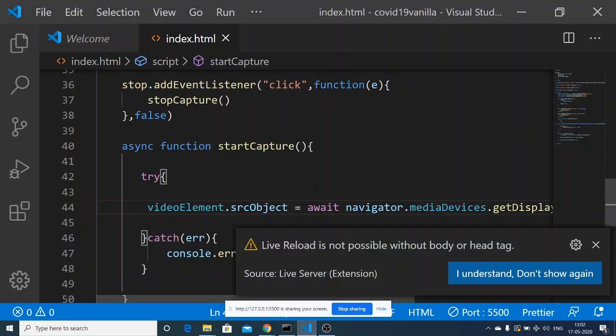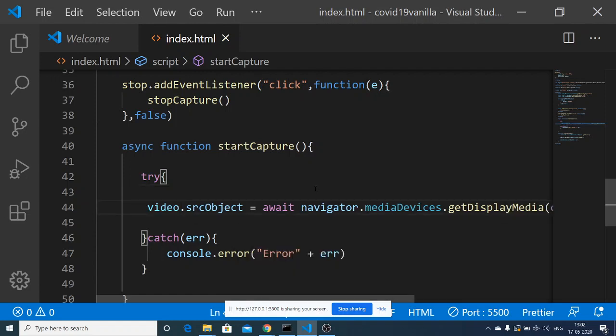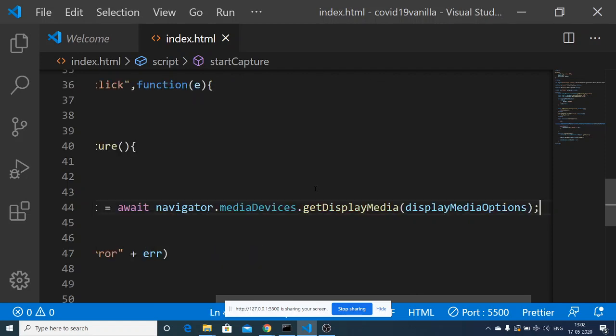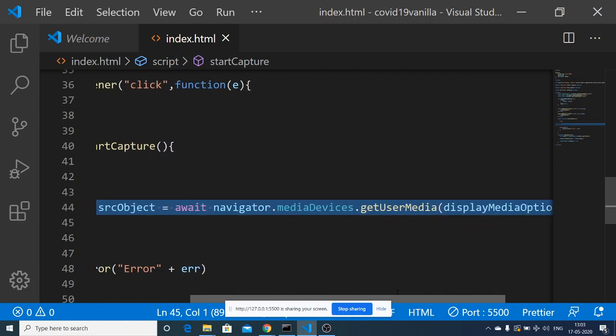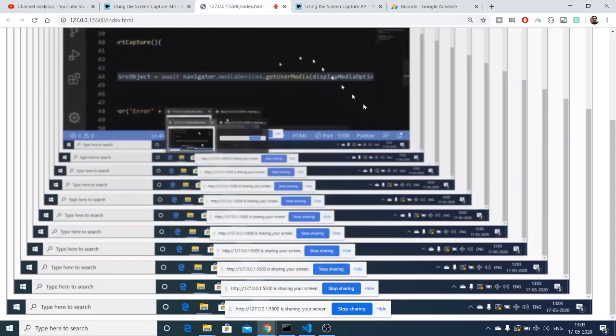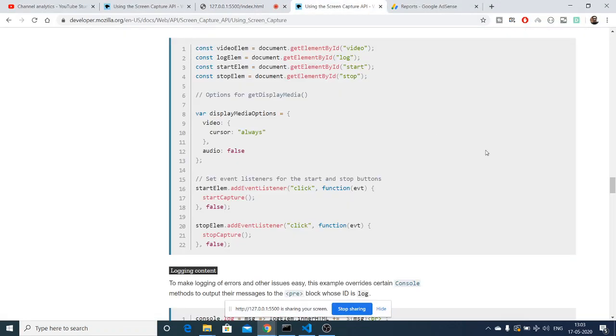Let me just control Z and let me see the previous line that I was writing. Navigator media devices. So I was writing navigator.mediaDevices.getUserMedia. So what was the original line?